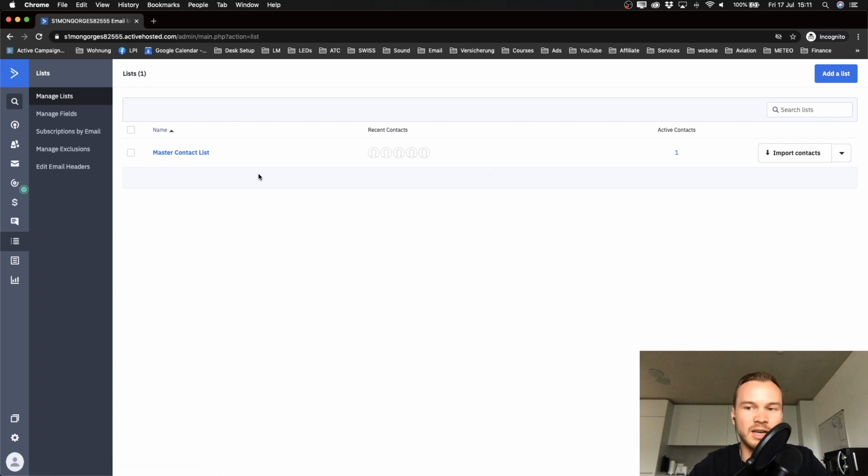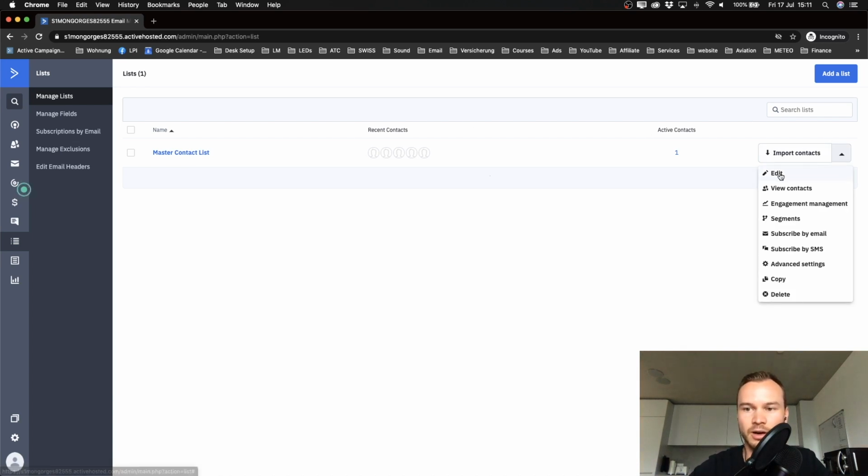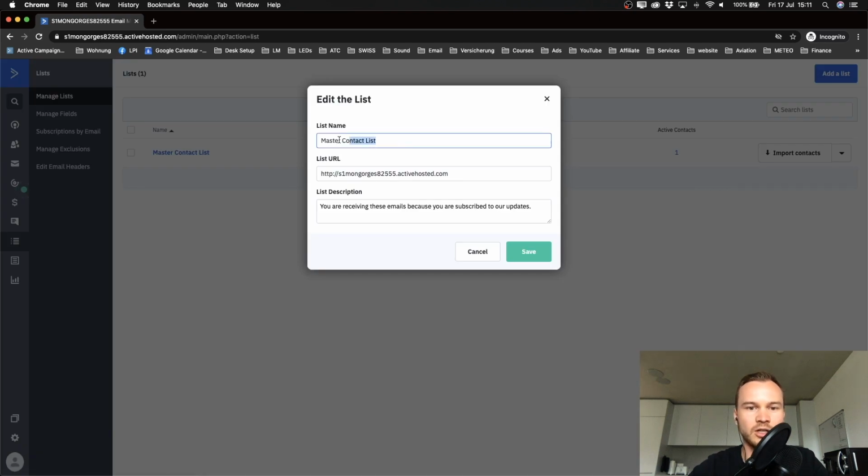If you want to change the name of it, just click on the arrow on the right side here and then click on edit. And then you can change the name to whatever you want to, and also your list description or your list URL. But it doesn't really matter, I think, so I'm just going to leave it like it is,